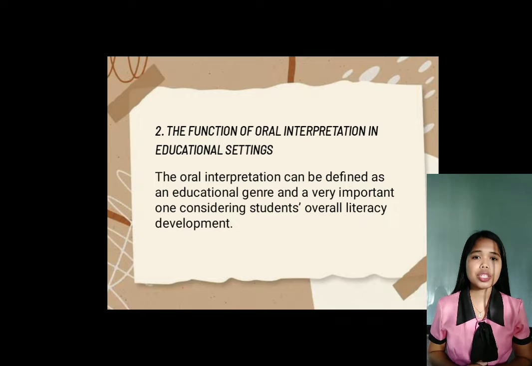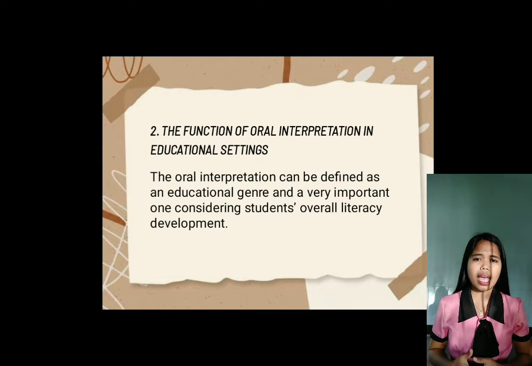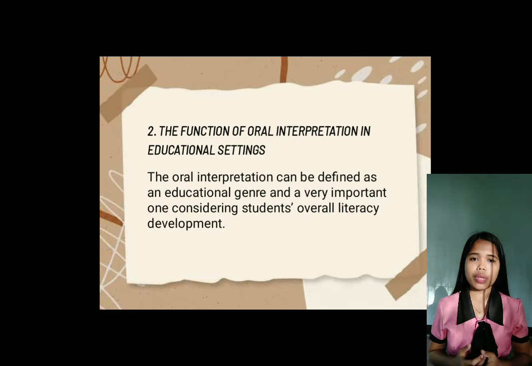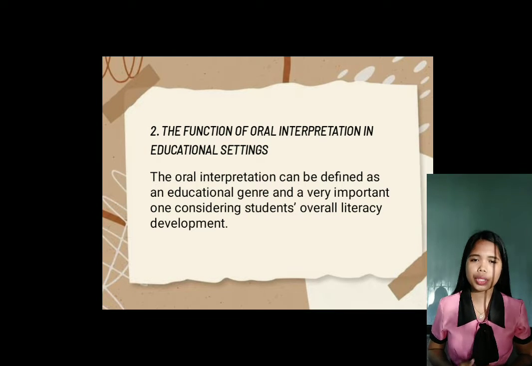Number 2. The function of oral interpretations in educational settings. The oral interpretation can be defined as an educational genre, and a very important one considering students' overall literacy development. An oral interpretation is a social activity that takes place in educational settings in which students show their ability to understand, analyze, and interpret classroom material, and their effective use of linguistic and interpersonal resources, typically at upper, intermediate, and